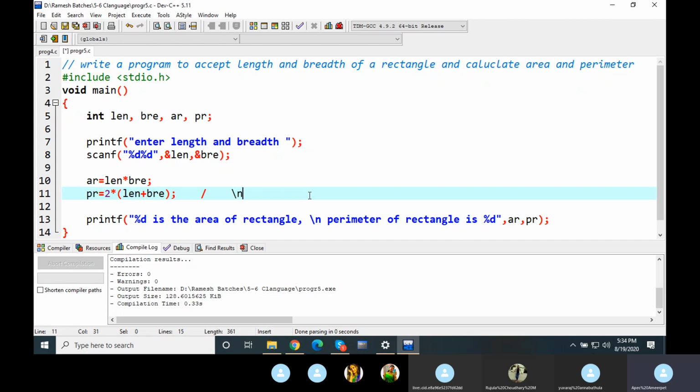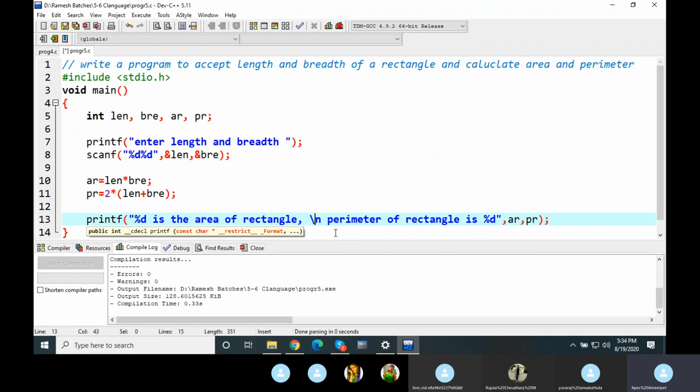So \n indicates new line. \n means new line. I hope you are making a note of the things. In the same way as I can use \n, I can also use \t. \t means tab space.